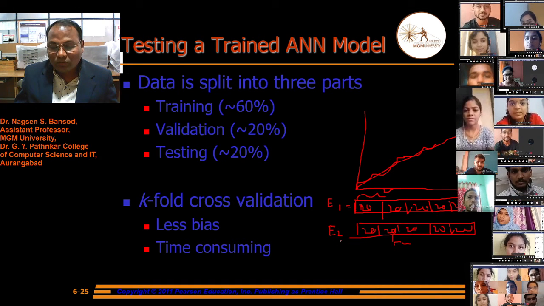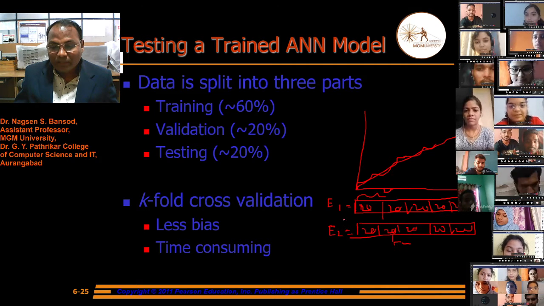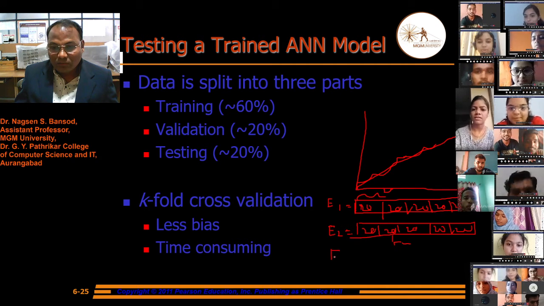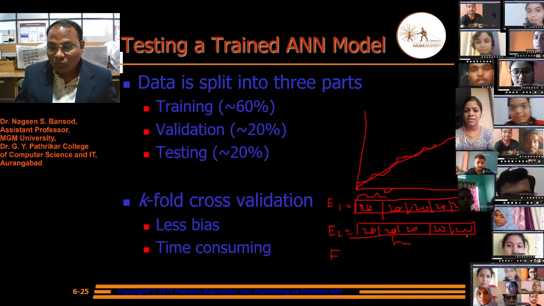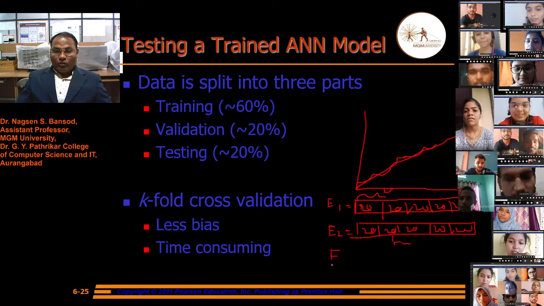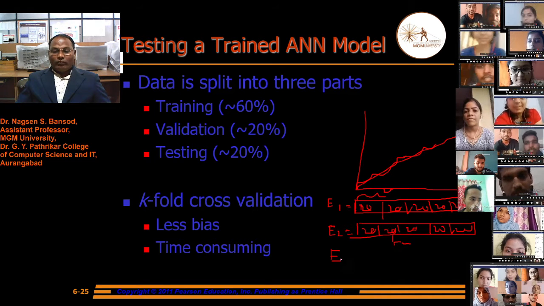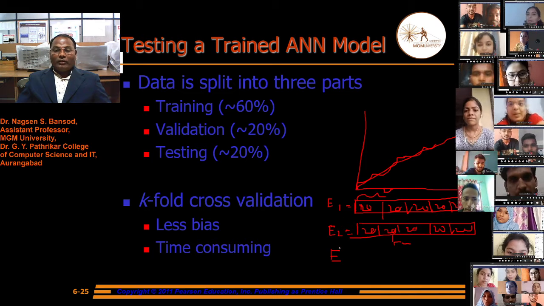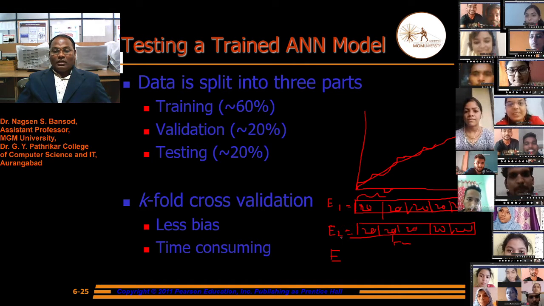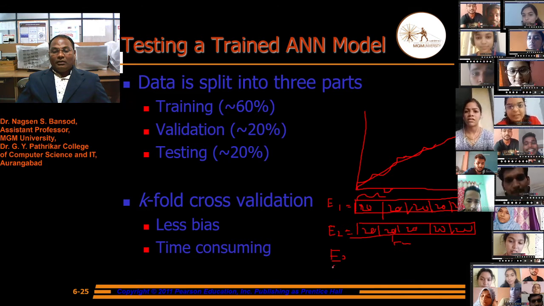There we keep E2 as the error estimation, until all records have been used as a test set one by one, from 1 to 5. This means we will get 5 error estimations: E1, E2, E3, E4 and up to E5.